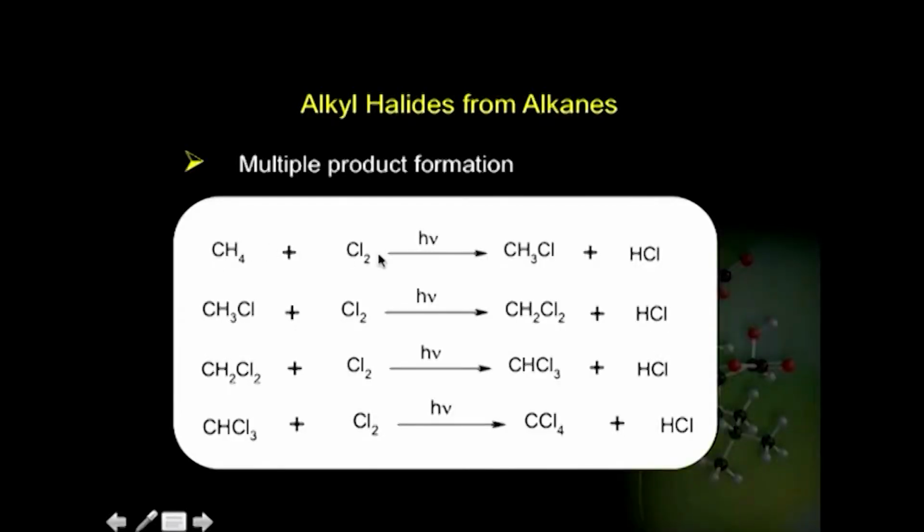So, what happens when there are multiple products which are formed during the reaction of alkane with halogens? The reactions go like this. Methane reacts with a molecule of chlorine in presence of light and forms a mono-substituted product, that is methyl chloride, and of course, hydrogen chloride is obtained as the byproduct. The methyl chloride further reacts with chlorine molecule again in presence of light and gives dichloromethane. Dichloromethane in presence of chlorine gives trichloromethane, and finally, the trichloromethane reacts with more excess chlorine to form